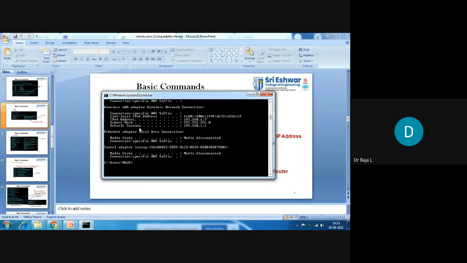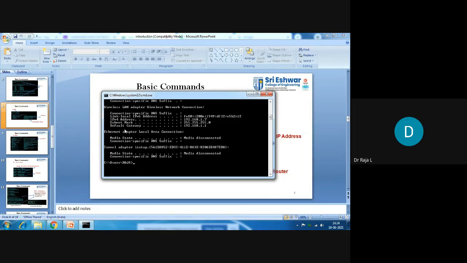Normally the gateway is used to connect to an external network. Normally you will be connected within a LAN, and there you need not use any gateway. When you want to go from one LAN to another LAN, you use the default gateway. For the default gateway, you will be using the router. With the help of the default gateway router, we can connect one LAN to another LAN. For that you need to give the default gateway address.